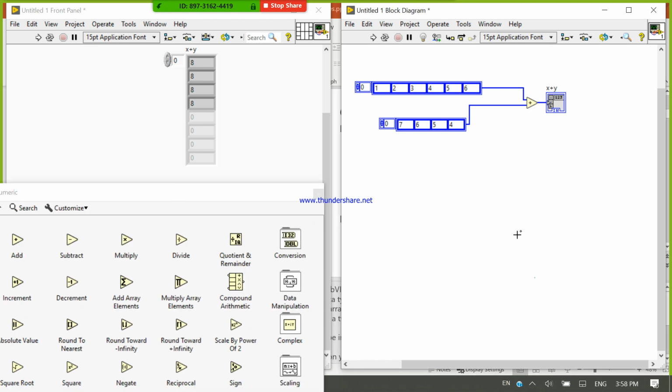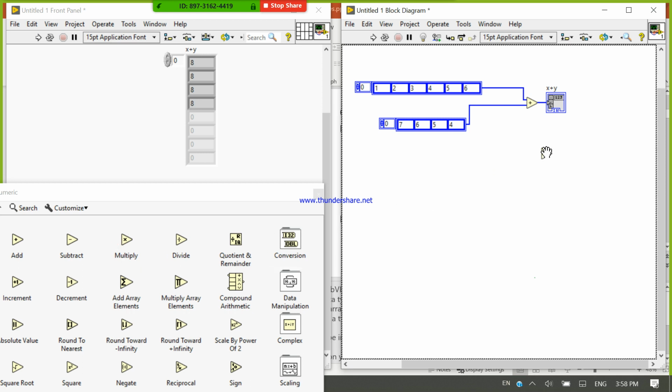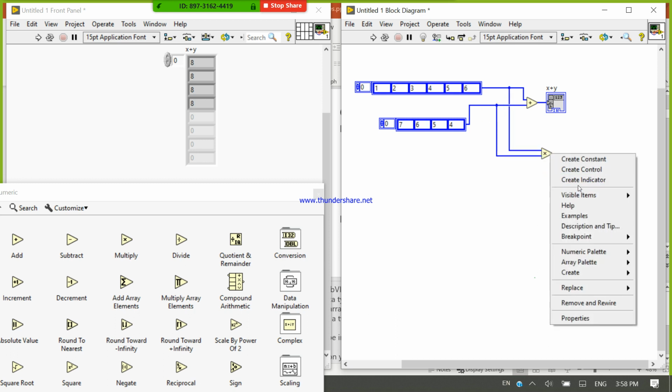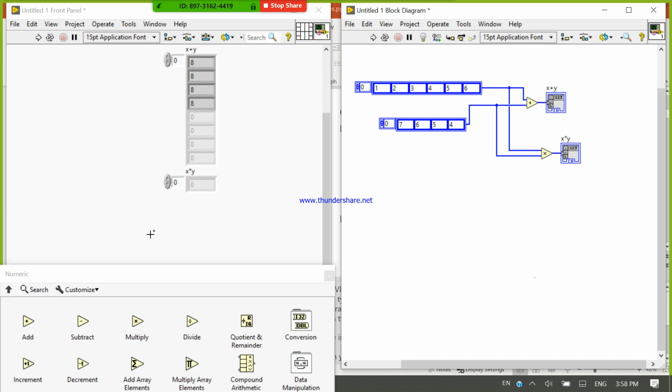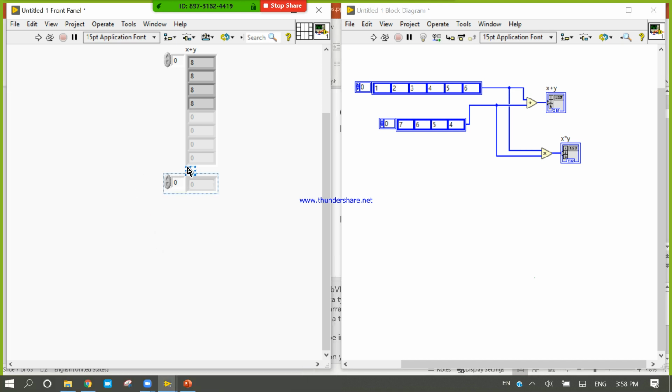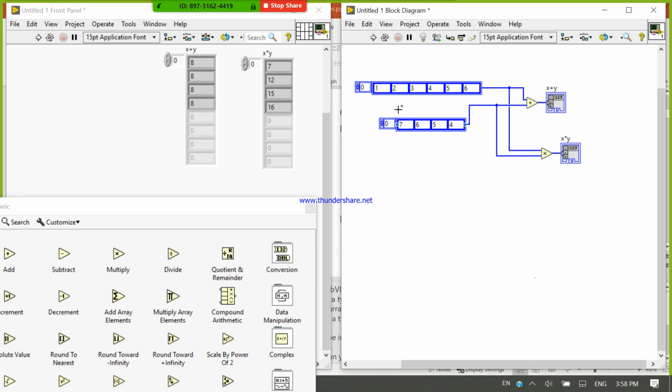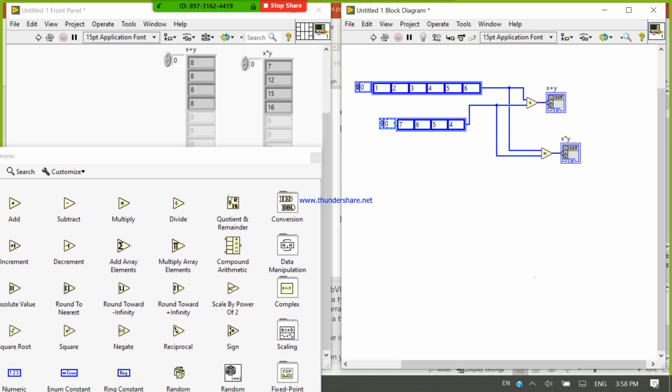Okay, what happens if we multiply two arrays? Again an array will come, and again the output will be on the basis of the smallest array. So there are two different arrays, and between them we can perform our arithmetic operations.